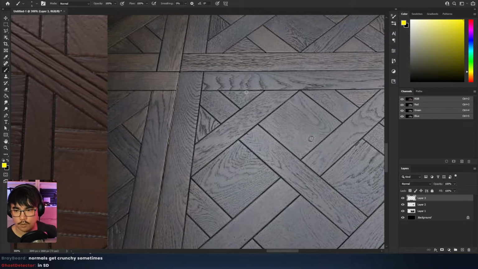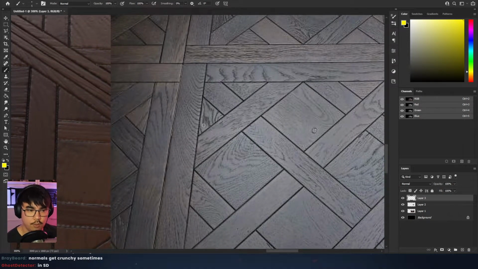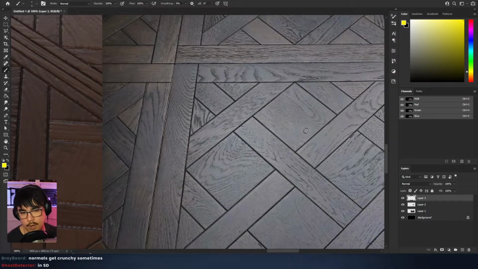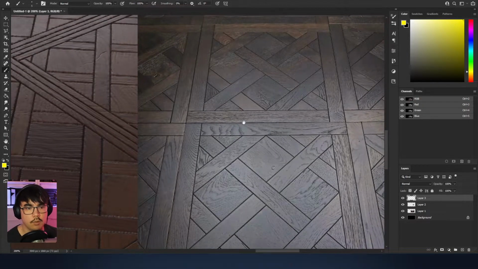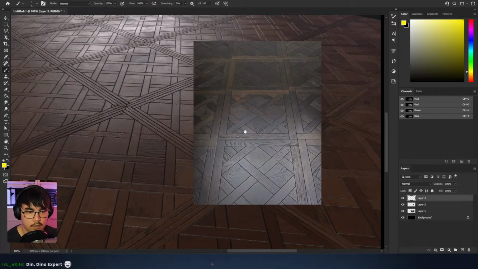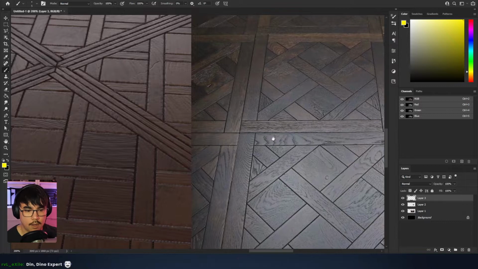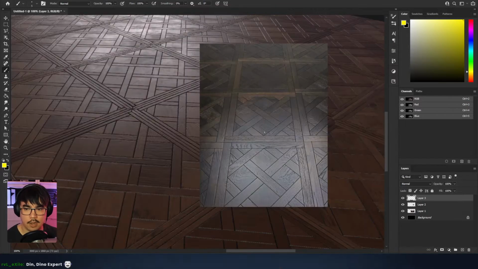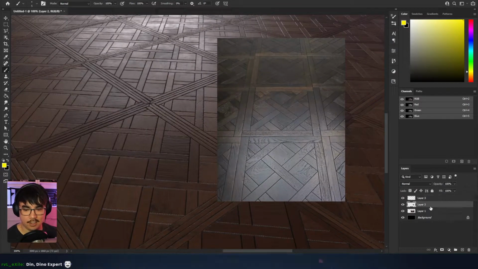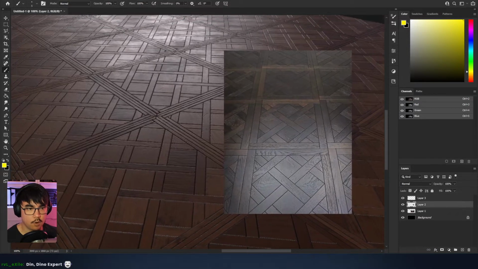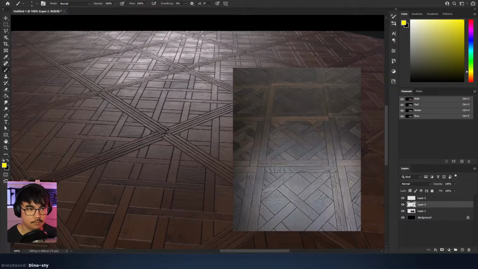Yeah, I think if you try and do this with a normal map, it's just gonna get too crunchy sometimes. And trying to imply that information, you might get a better result with it being in the roughness for sure. Dan, Dino expert. The other thing I'm noticing is, of course, the environment is a little